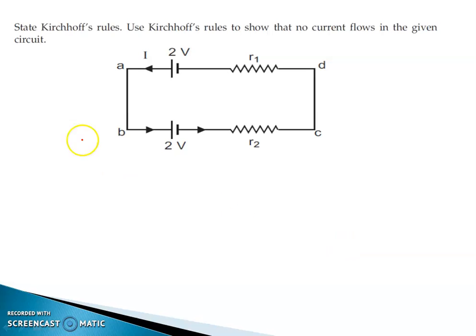नेक्स्ट क्वेश्चन, स्टेट Kirchhoff's rules. Now this is the theoretical question, no need to solve it, but the use of Kirchhoff's law to show that there is no current in the circuit. आपको ये प्रूव करना है कि इसमें कोई करंट फ्लो नहीं हो रही. तो इसका मतलब ये जो I है इसको हमें 0 कर देना. Now see,